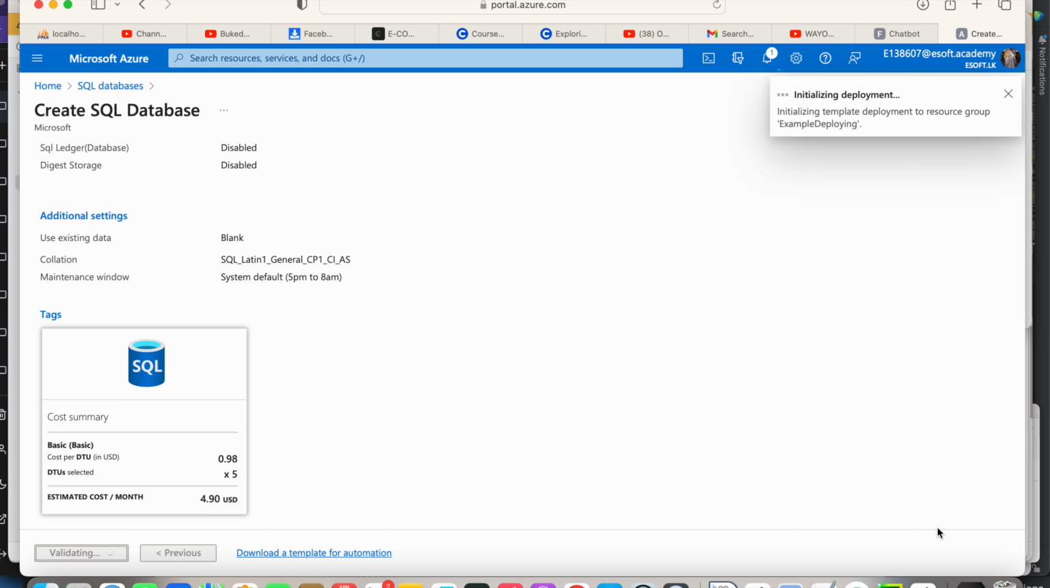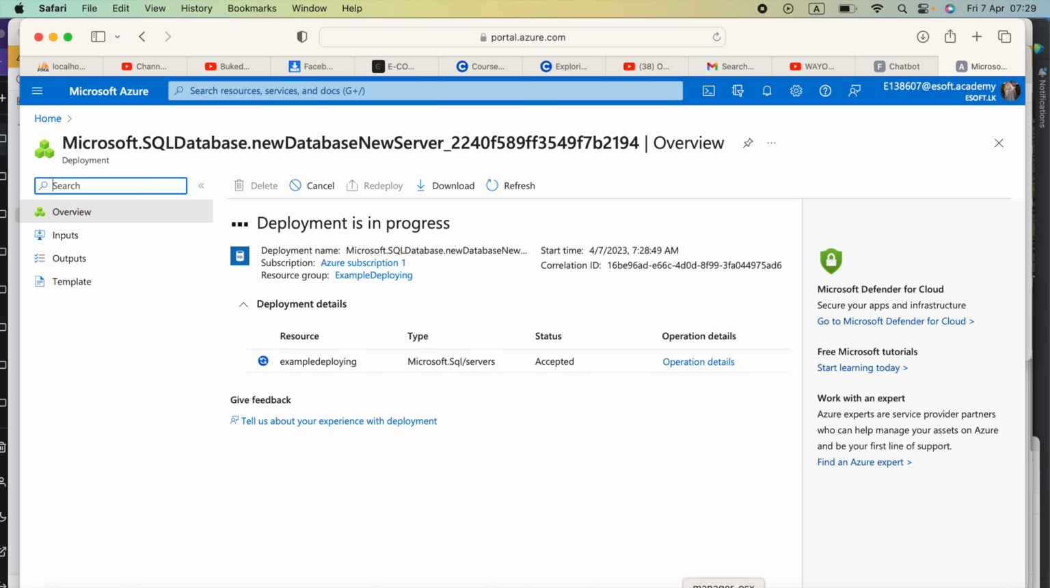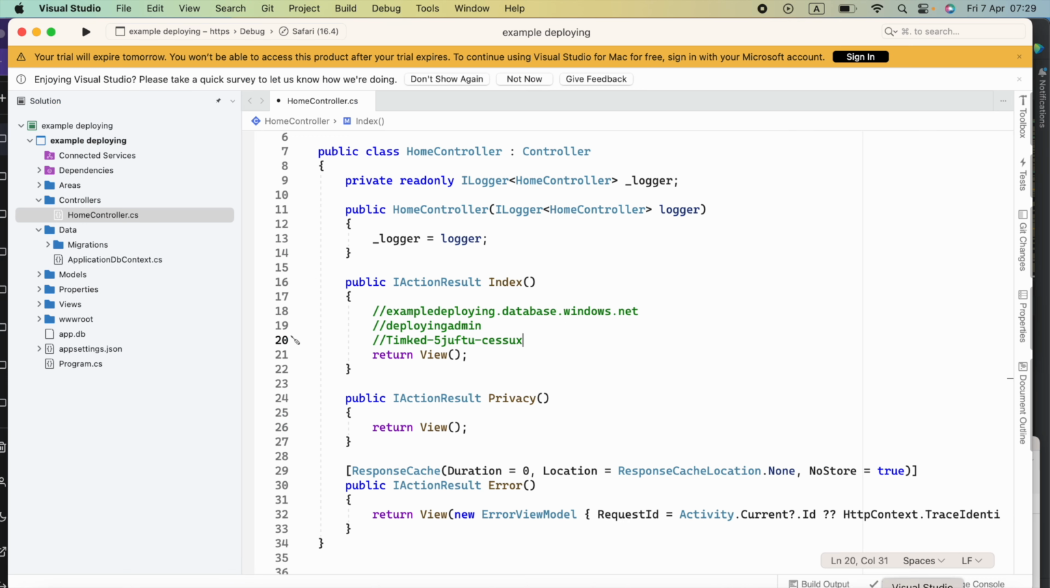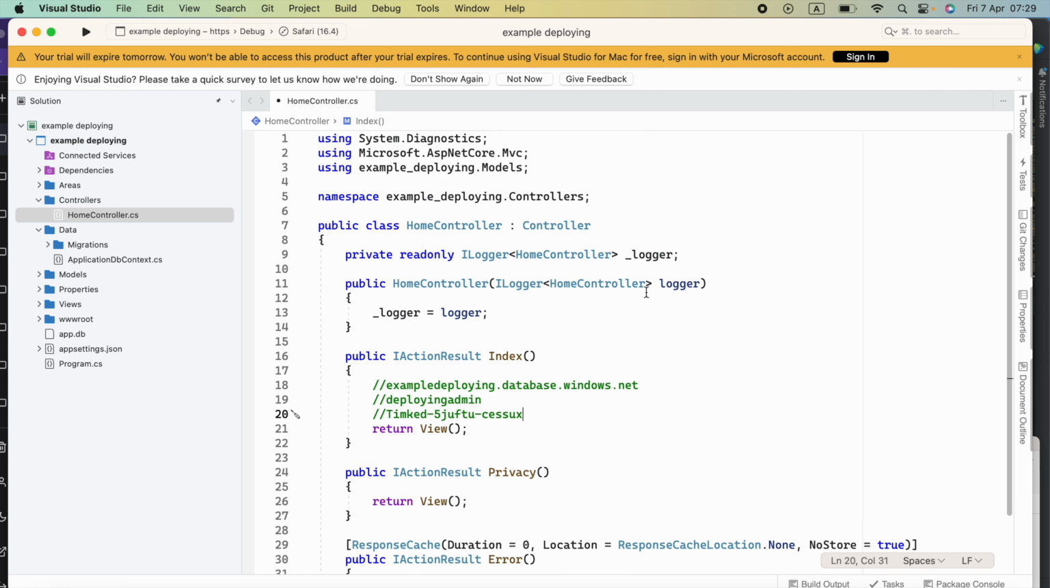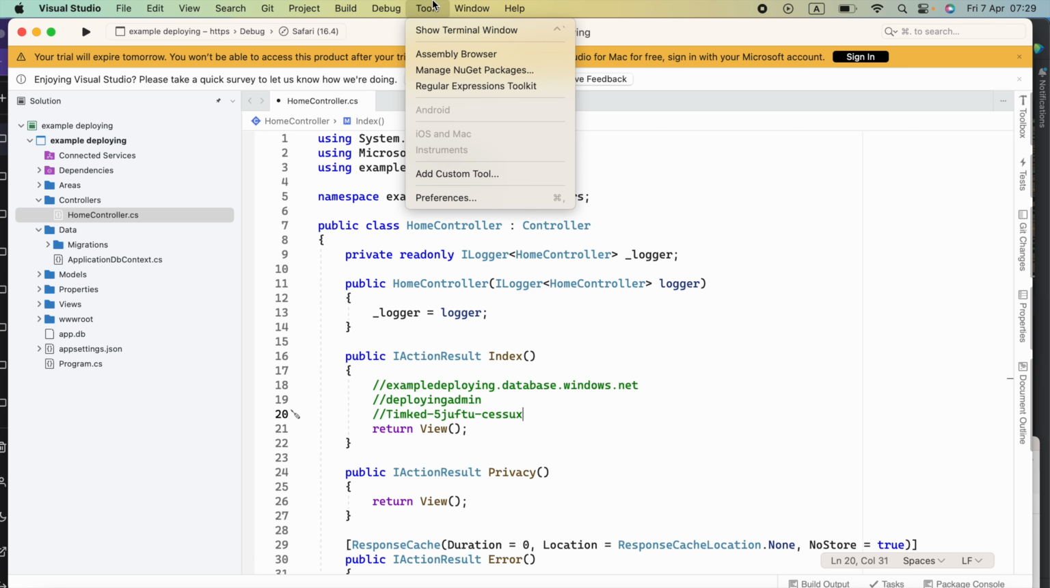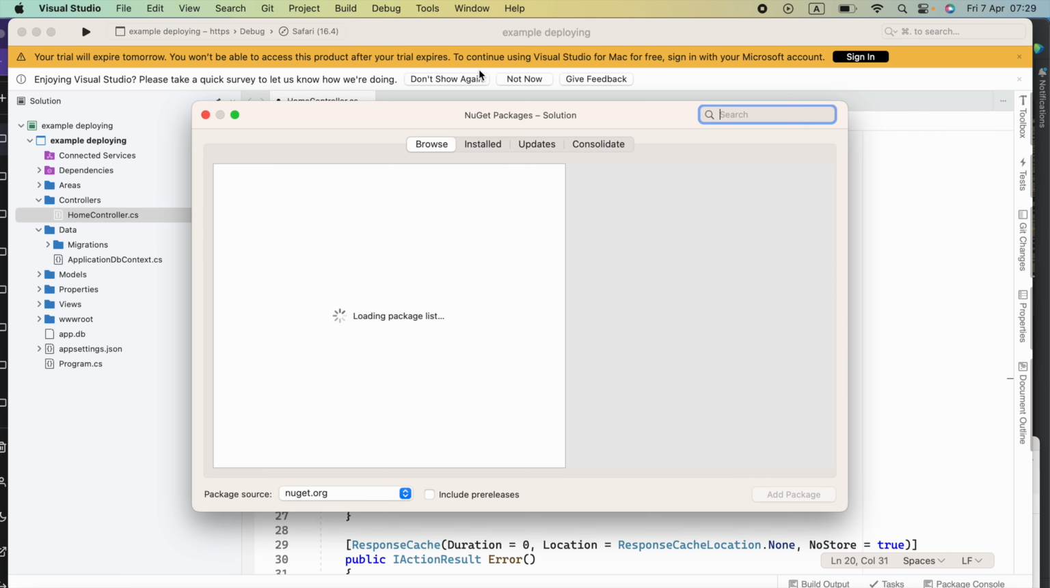Okay, it is initializing the deployment. Until this is going to finish everything here, I am going to open my Visual Studio again and add some required packages into my project. To use the database, we have to use some package. Go to tools and then select manage NuGet packages. You will see the same option in the Windows also. After clicking that,